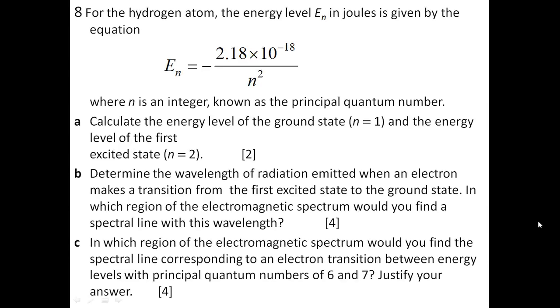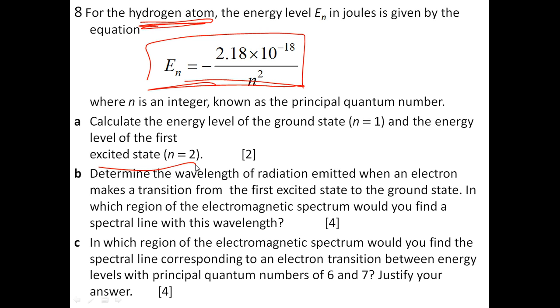Okay, question number 8. For the hydrogen atom, the energy level En is given by this equation. Now, this equation is only for the hydrogen atom, so it cannot be used for other atoms. Okay, it's only for hydrogen. Now, where n is an integer known as the principal quantum number. Okay, so calculate the energy level of the ground state and the energy level of the first excited state